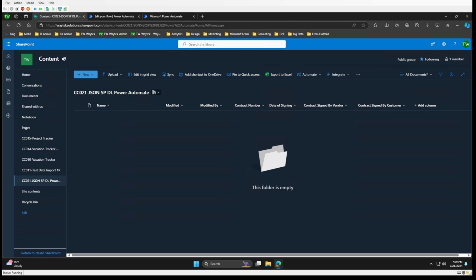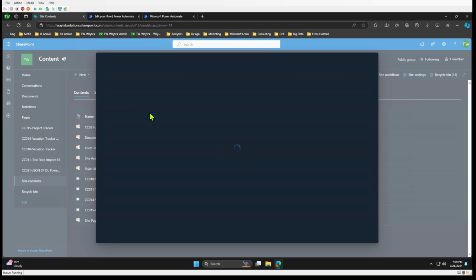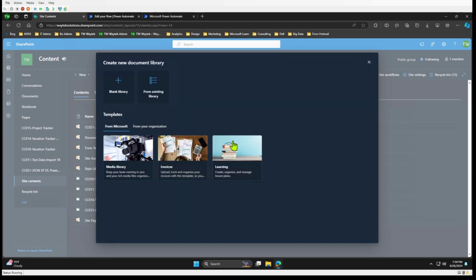So to create a new document library, you would go to your SharePoint site. On your left-hand navigation, unless you have it up top, you would want to go to your site contents. And then from here, we're going to go up to new, and we're going to go document library. You can do a blank one or copy from an existing library, or select from templates. I just did a blank library, so you can do that and then name it, and then